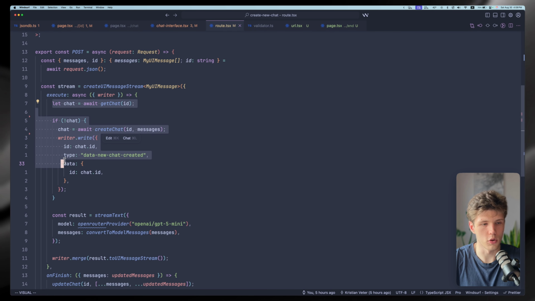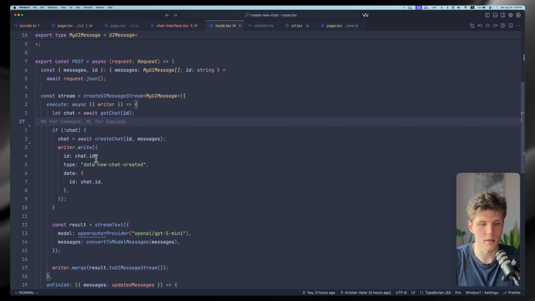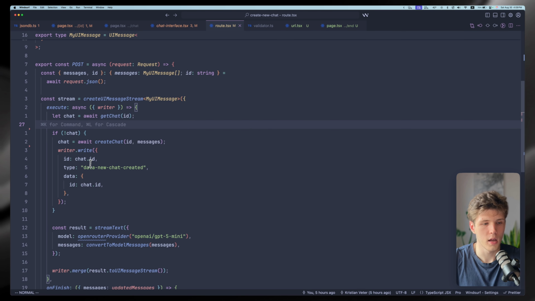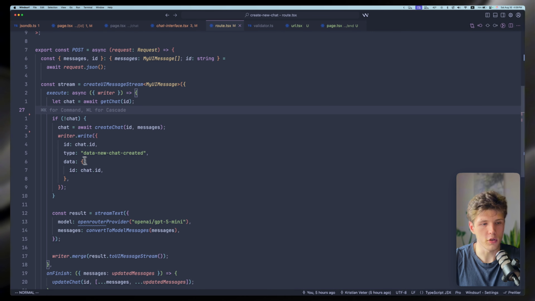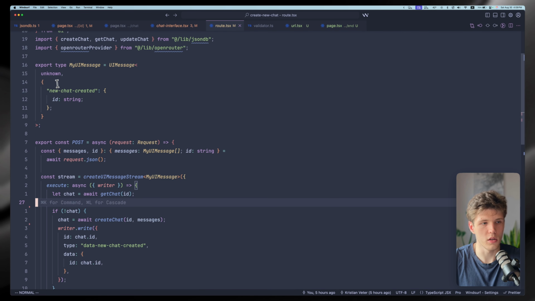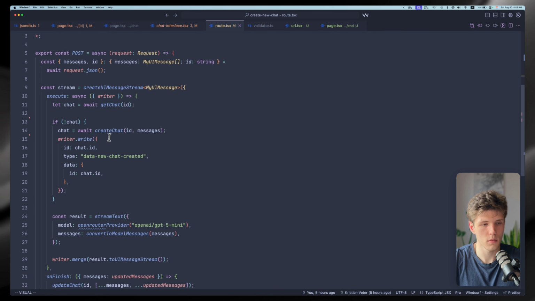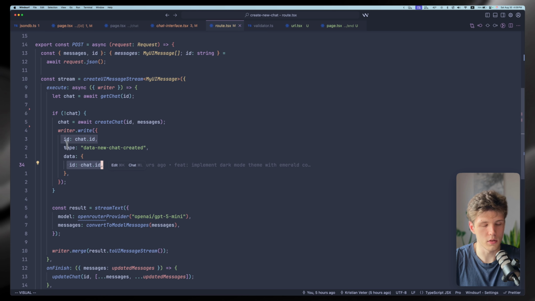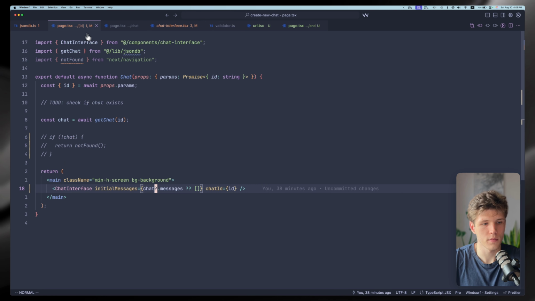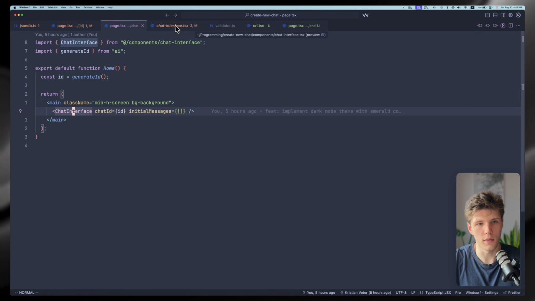Here we're checking for the chat. If it exists, then we're just continuing the conversation. If it doesn't exist, that's an interesting part. What we're doing is that first we defined with our messages a new data type, new chat created with ID. And we're passing this chat ID to the stream. And what we can do on the front end is that we can catch this event